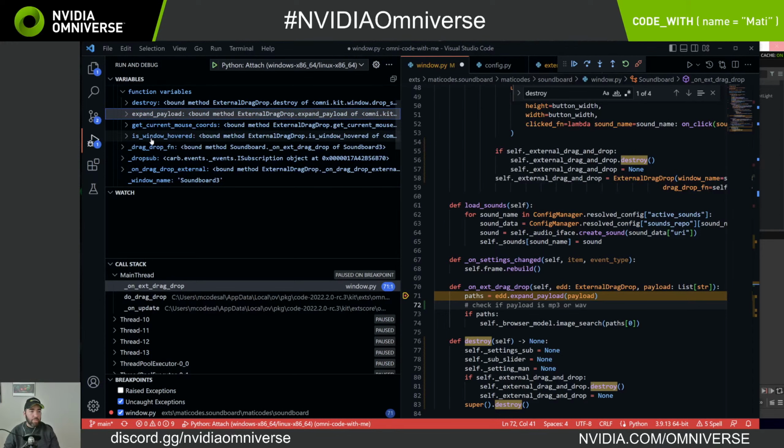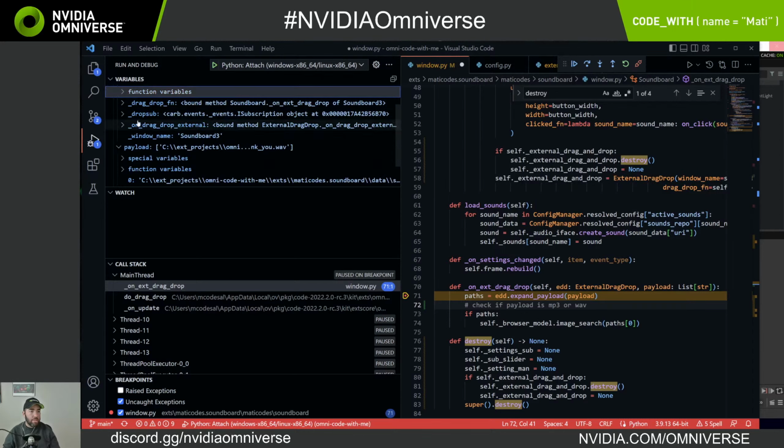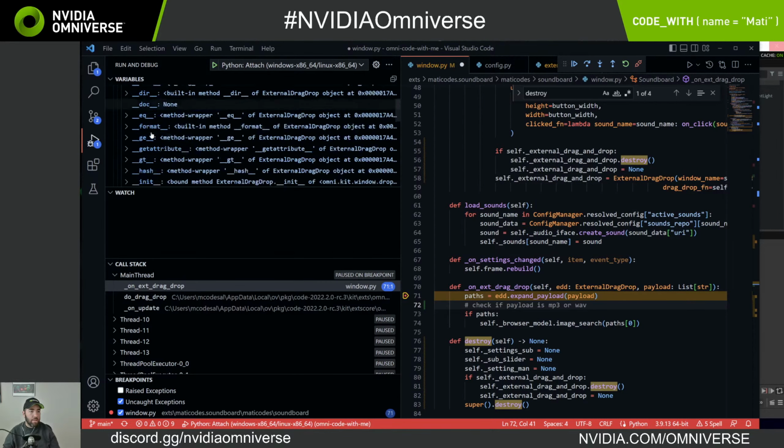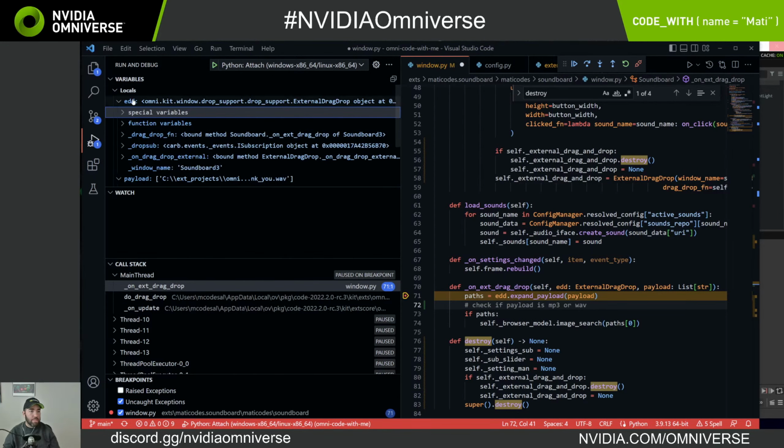You can get the current mouse coordinates. So if you wanted to limit the drag and drop to only a certain part of your window, you could do that by using the mouse coordinates. And those are just the dunder methods. Okay, so we'll just start with the, and I believe